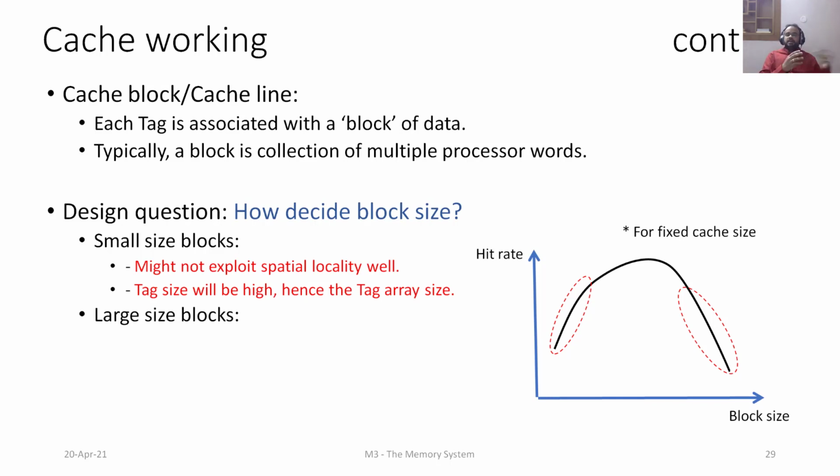Now let's take the example that we saw earlier. The cache size is 128 bytes, and let's say the cache block size is 16 bytes. So we had 8 blocks, 8 unique blocks. Now if I want to increase this cache block size to, let's say, 32 bytes, then only 4 blocks can fit in. But each block will have 32 bytes. That is agreed. But only 4 unique blocks can be placed in the cache. So this can potentially impact